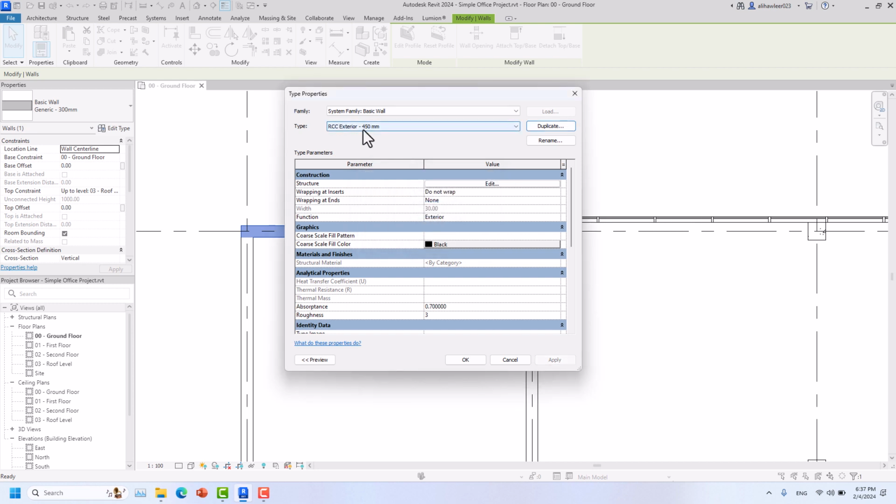And now something new has been created. It's different from the 300 and it will not affect the 300, because we duplicated. If you are not happy with the name, you can go to rename and rename it again. Just press OK. RCC means reinforced cement concrete, and you will go to the structure. I'll go to the edit,